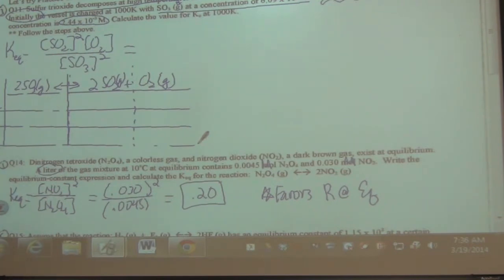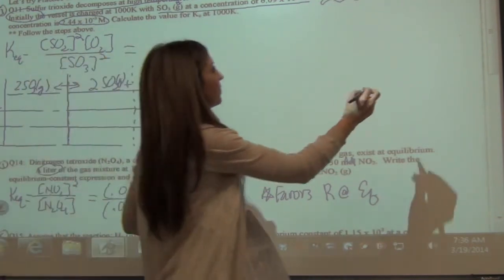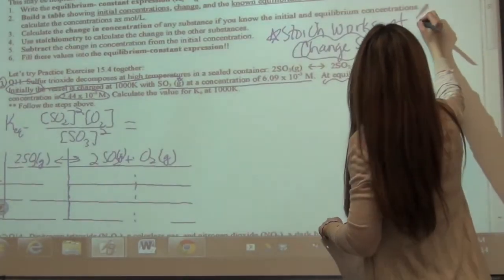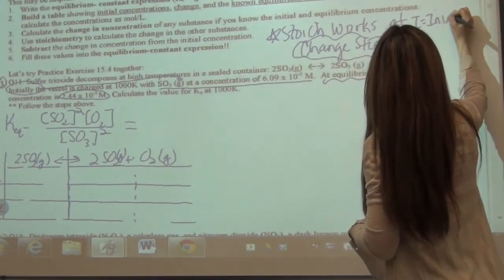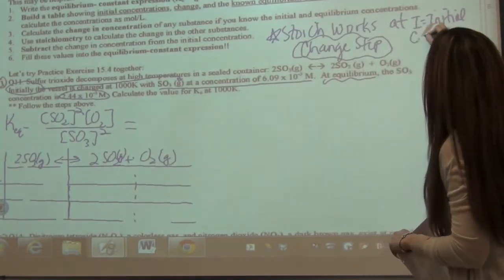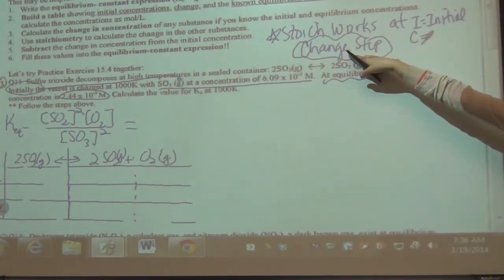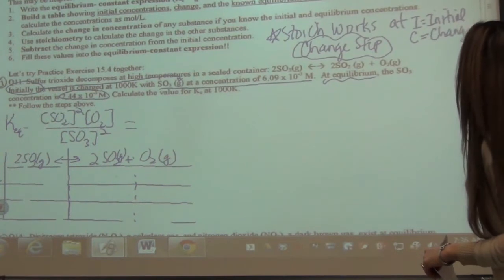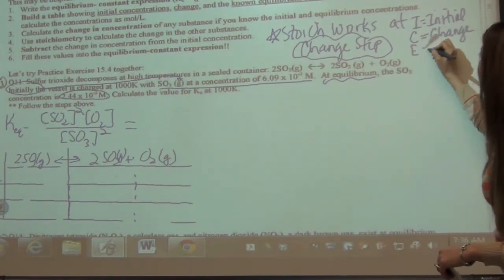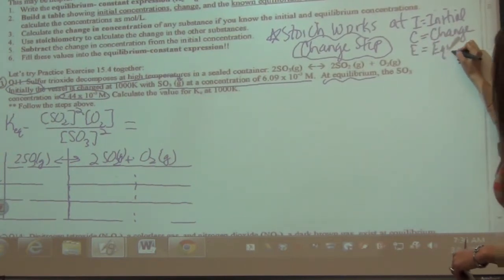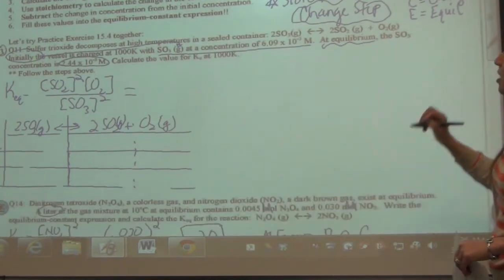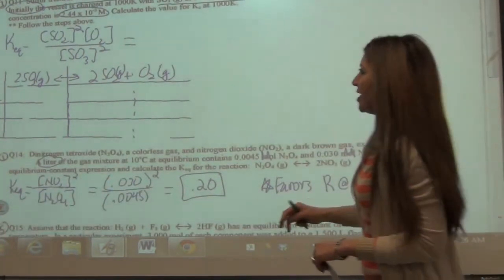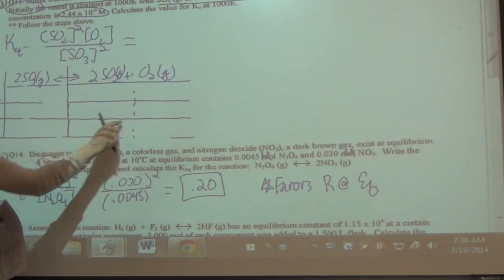So I stands for what? Initial. So I equals initial. C equals what? Nope. That's your change step. That's how it changes. And what do you think E is for then? At equilibrium. Awesome. Okay. Our goal, our target, is to be able to get to equilibrium, because once we have